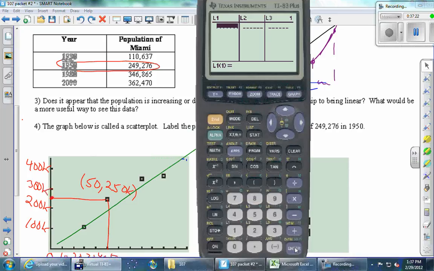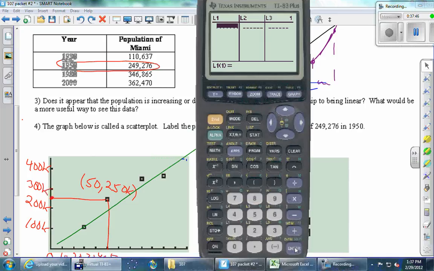Now, just for kicks, is there anybody that it doesn't say L1 at the top left? Raise your hand if it does not say L1 at the top left. Stat is right there, and then enter. First, is there anybody that does not have L1 up there? Okay, so just in case,